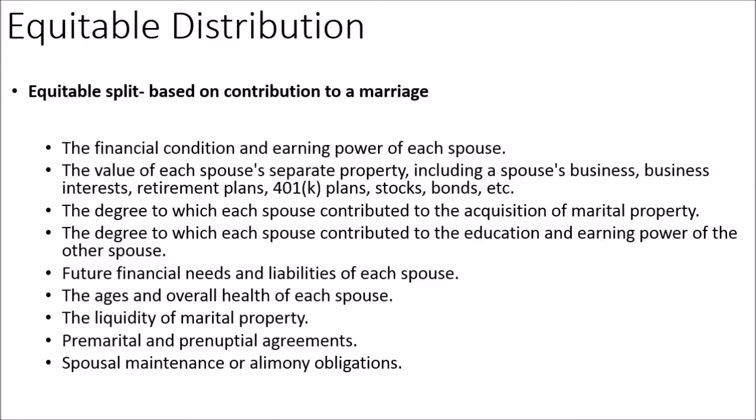The court also looks at the degree to which each spouse contributed to the acquisition of the marital property, the degree to which each spouse contributed to the education and earning power of the other spouse. So while one spouse was making money, the other spouse may have been getting an education or contributing to the education of the spouse that was earning money, which increased that spouse's earning power. You know, a spouse with a graduate degree can make more money than a spouse who doesn't have a graduate degree, and so on. If someone went on to get a master's in business or a law degree, and the other spouse contributed to the acquisition of that, the court's going to look at that and factor those facts into